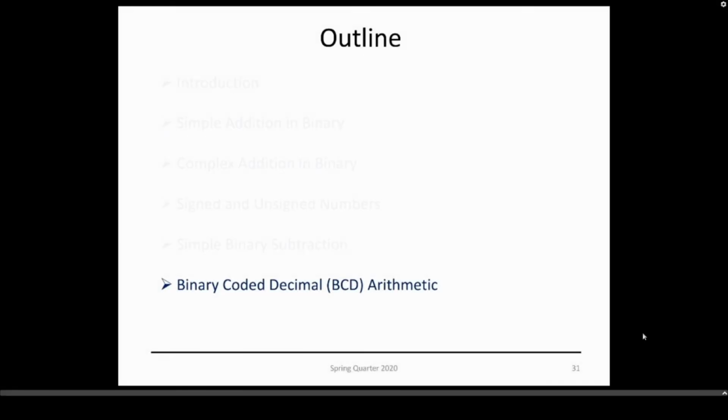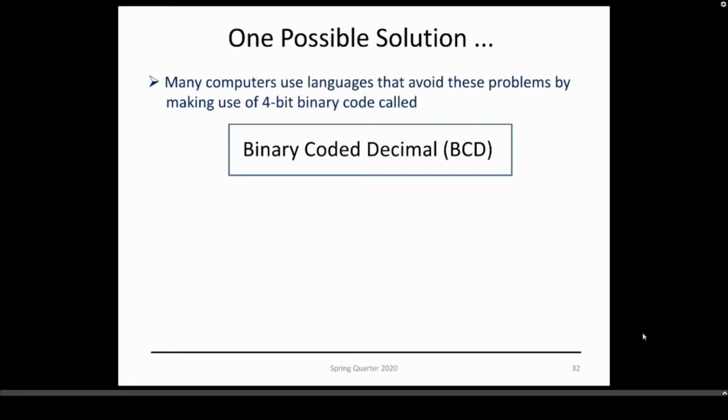So far we saw binary numbers, simple addition and subtraction of binary numbers, but human beings deal with base 10 numbers, and there is another way for the computer to represent those base 10 numbers, which is by using BCD coding, binary coded decimal. We're going to see how to represent numbers in BCD, and we're also going to learn how to do arithmetic with these numbers. So pretty much what we're doing is using a 4-bit binary code to encode our decimal number